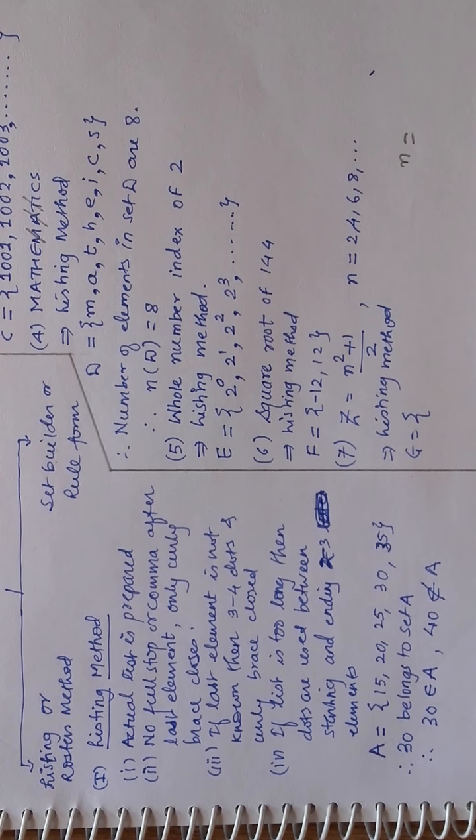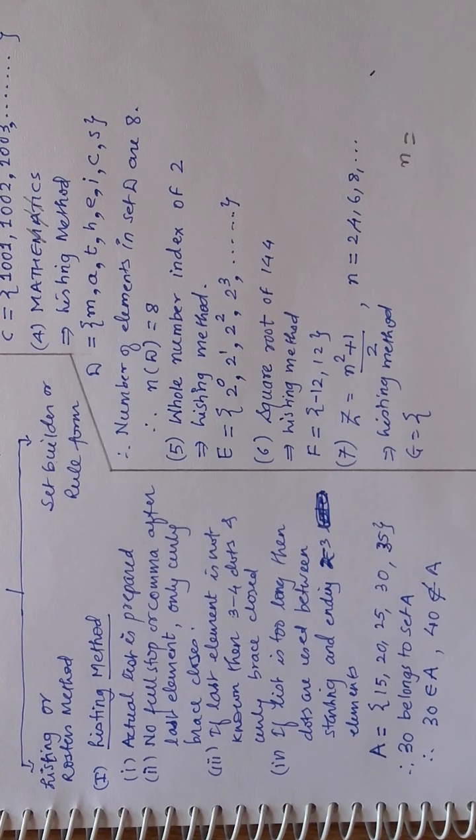That means we are not going to write this every time in full, so we put a symbol. I told you, you find this symbol. That is your responsibility. It has a name, but I will not tell you. You will have to find it. That is the work for you to do. Okay, 30 belongs to A, and if 40 is there, 40 does not belong to A, so we cut that symbol.